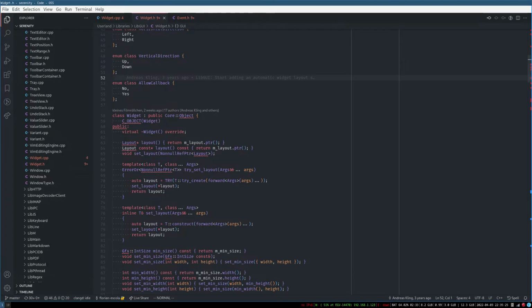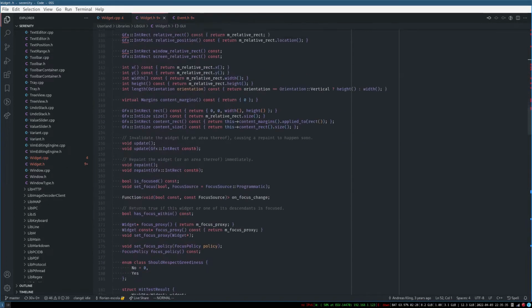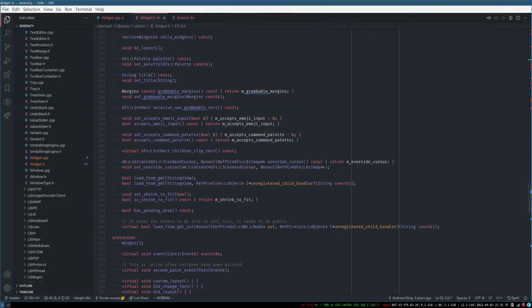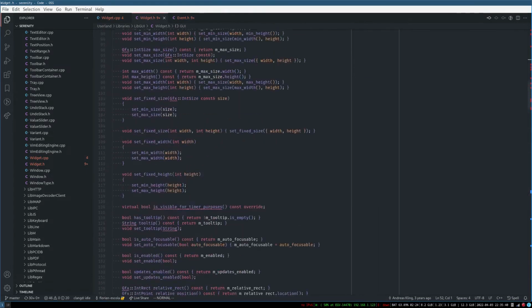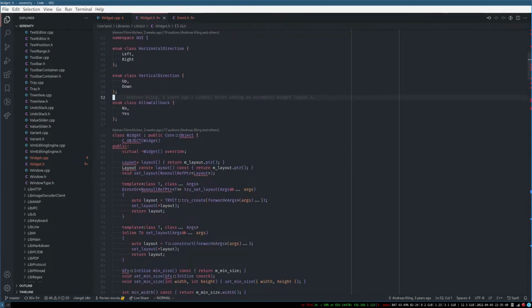I've installed a C++ extension for VS Code, but evidently it's not working that great. So yeah, we'll probably have to do a lot of searching. All right,